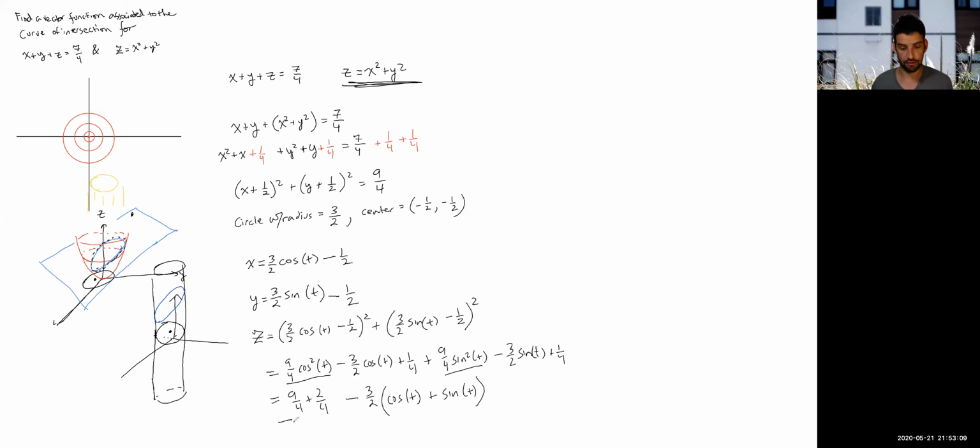Yeah, maybe this is a little nicer. You can combine this to be 11/4. Not much happened. I thought maybe a little more would cancel or something like that. In any event, this is a nice parameterization, and we can write our vector function just taking these to be the component functions. So